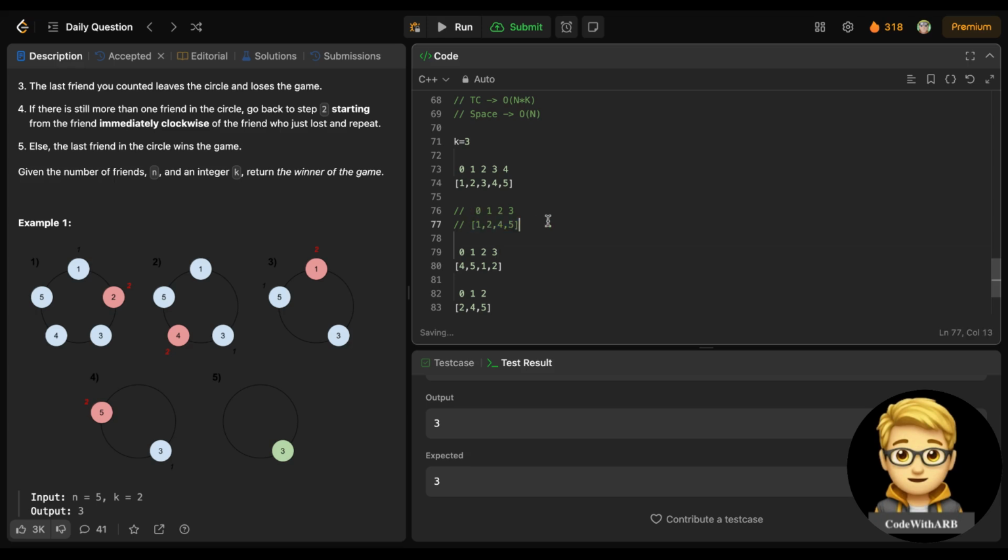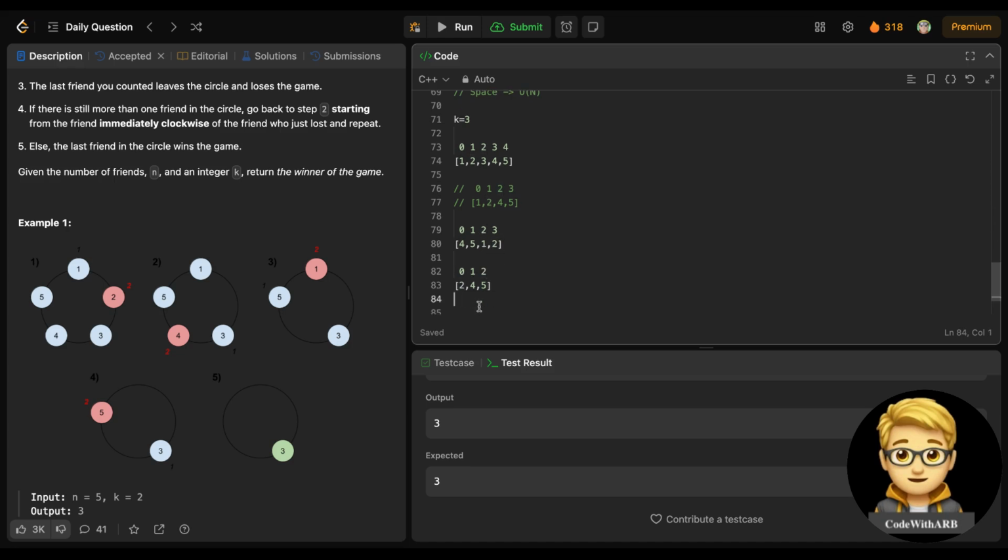This is not accurate otherwise, because after this 3, the element which we start with is 4. So the list should be 4, 5, 1, 2, because 3 is removed from here. For 4, 5, 1, 2, this is 0, this is 1, and this is 2. Now again, when you remove this 1, you start from 2. So this will be 2, 4, 5, and now this 2 is reduced to indices 0, 1, and 2. So one thing you observe here,